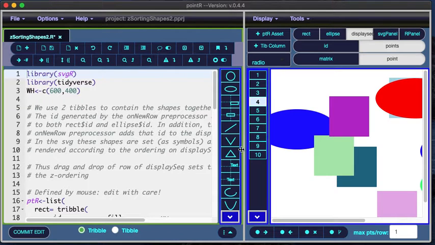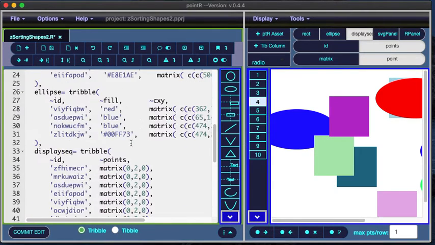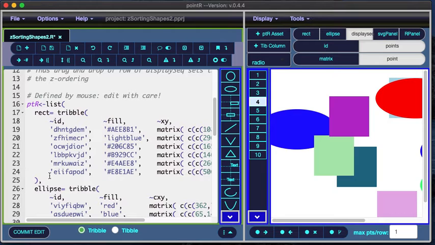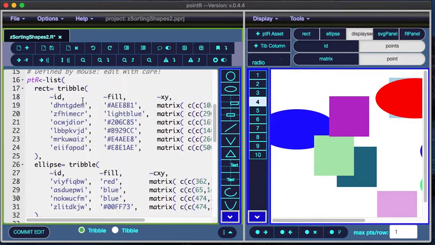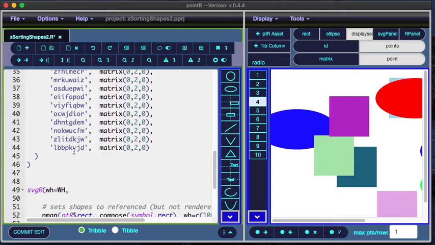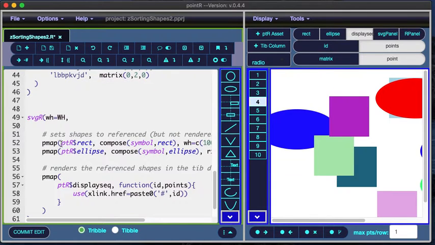In this particular case, we have 2 lists, ellipse and rectangle again. But instead of having a shape column, we now have an ID column, and we do 3